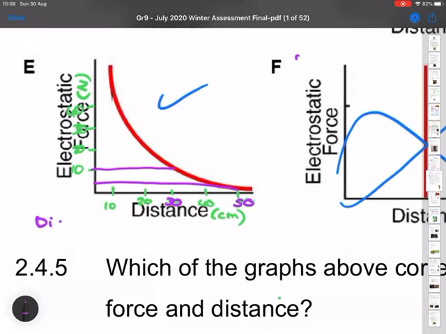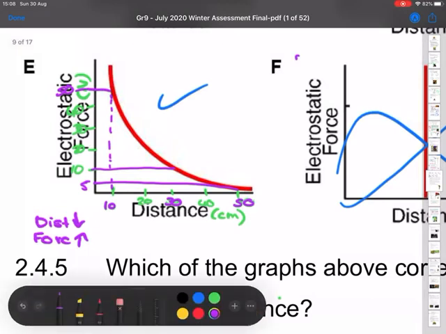So as distance decreases, force went from 5 up to 10, so electrostatic force increases. If I brought the balloon really close, now only 10 centimeters away from the hair, I'm now at about 50 newtons. Okay, so these are just arbitrary values that I made up just to explain to you that